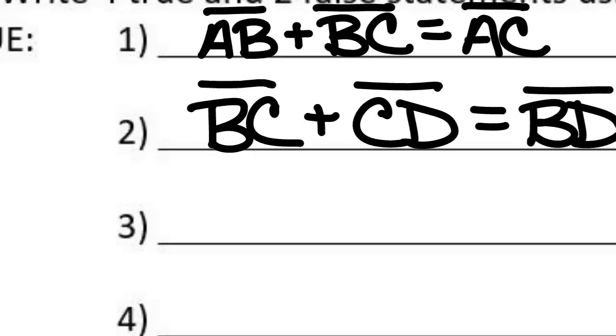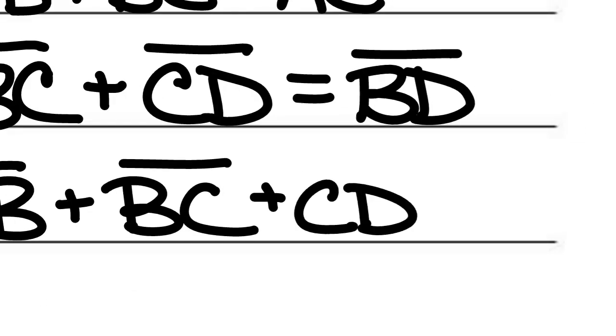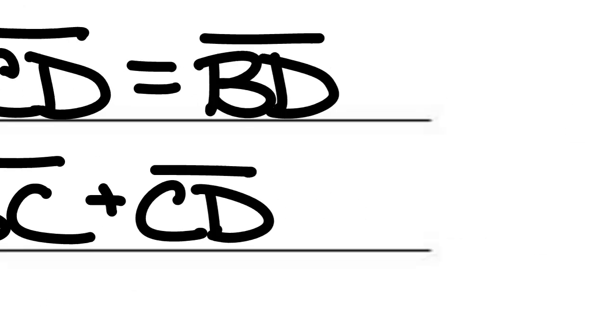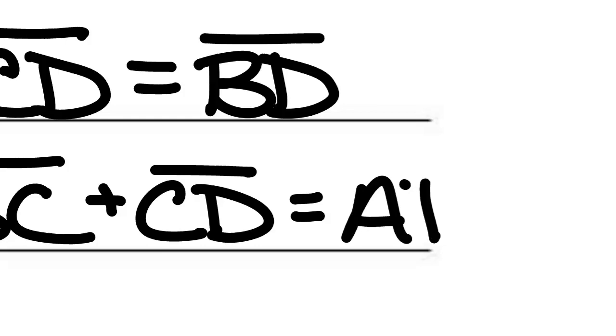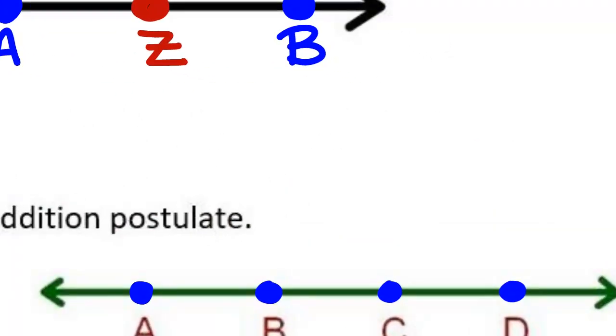Can somebody help me write that one that would include the middle part? Yes. Absolutely correct. AB plus BC plus CD equals AD. I like it. All right, what about